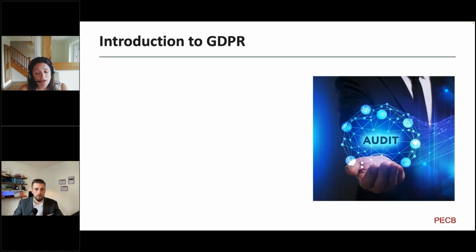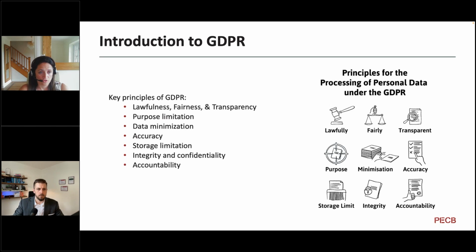Data accuracy, this is about keeping your data up to date, making sure that you've got sufficient measures in place to make sure that people can update their information, that you're able to update information and keep it accurate. Storage limitation, this is really around retention periods, how long you should be keeping information for. And how long you keep information for might be determined by other regulations like financial laws, again, employment, it could be all manner of things, but also the purposes that you need to use data for will also determine how long you would need to keep it for.